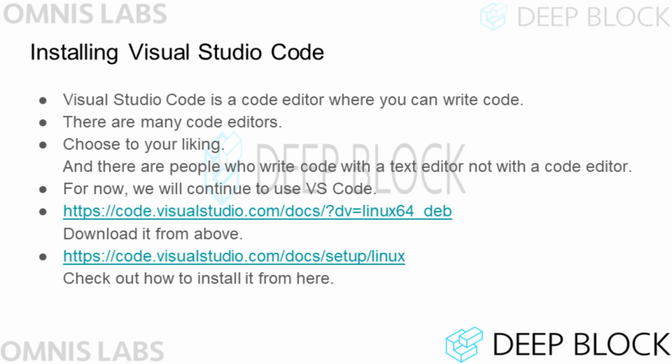Some people use special text editors instead of code editors, but generally developers use code editors. The download link and installation method for VS Code can be found on the course website. If you are already familiar with code editors, you can use any other code editor you want.